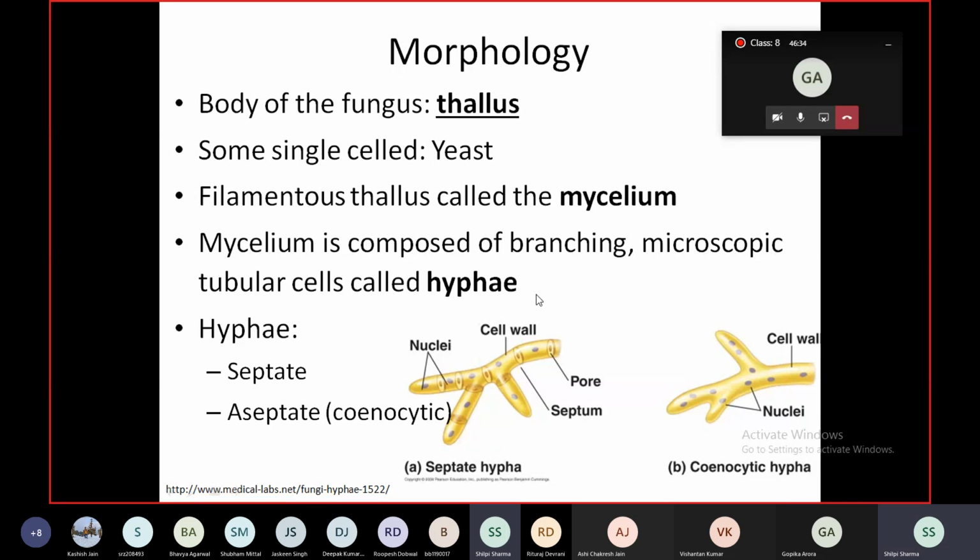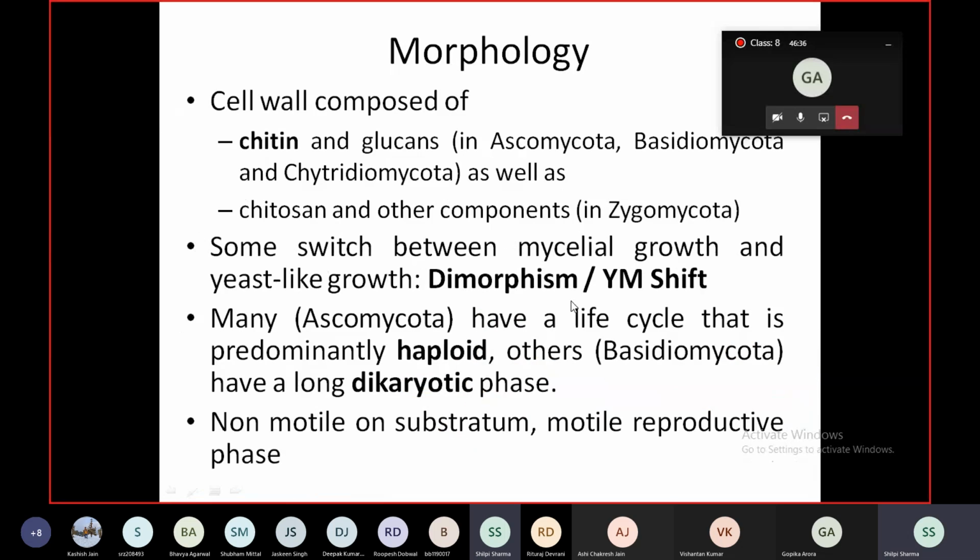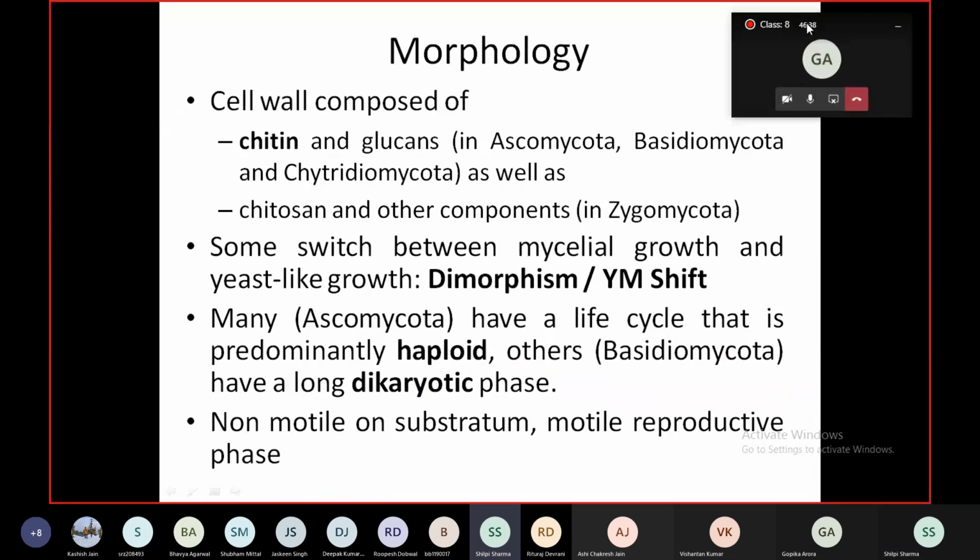Now the cell wall of fungi is made of a tough polysaccharide called chitin, while some are also made of chitosan. Chitin is also a component of the exoskeleton of insects, if you're aware of this. Chitin gives structural strength to the cell walls of fungi, and the cell wall protects the cell from desiccation and even from predators. It's a long chain polymer of